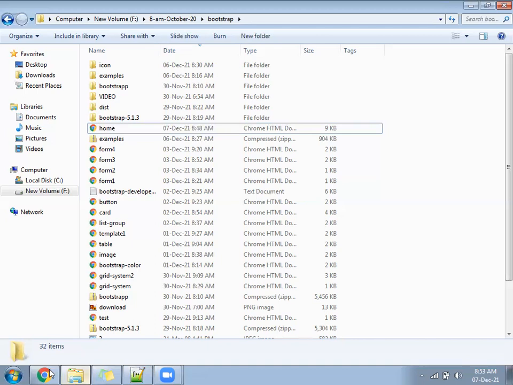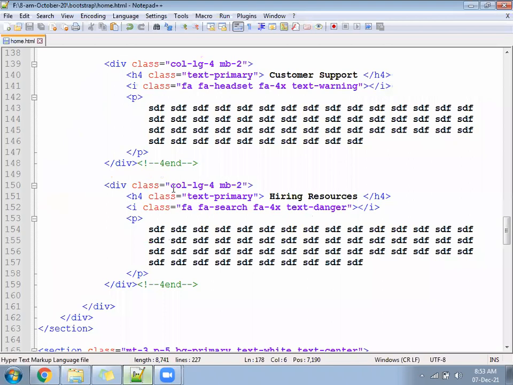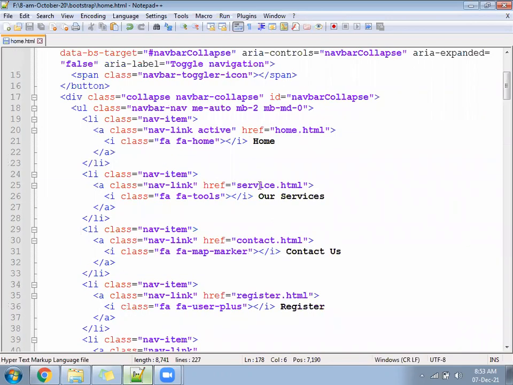Okay, so next file, as per the header, you can see the next file names given in the heading. One is called service.html, right? Create the next file service.html.